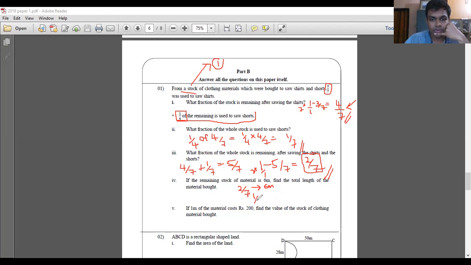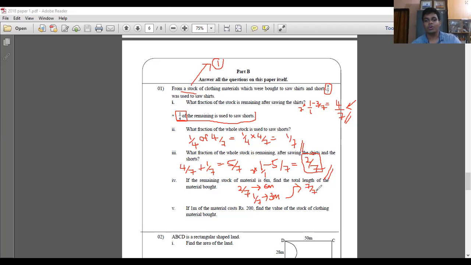You can remember when Nimal buys 3 pens for this amount, how much can Nimal buy for this amount? You can remember how we do the direct proportion method. So 2/7 will give you 6 meters. 1/7, divided by 2, will give you 3 meters. Hence 7/7, which is the total, will give you